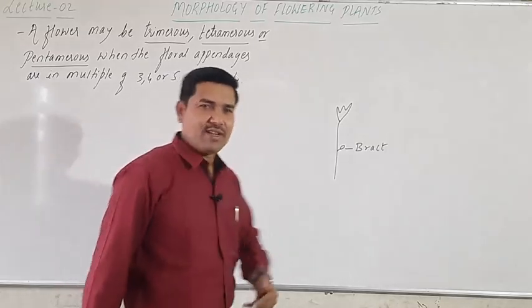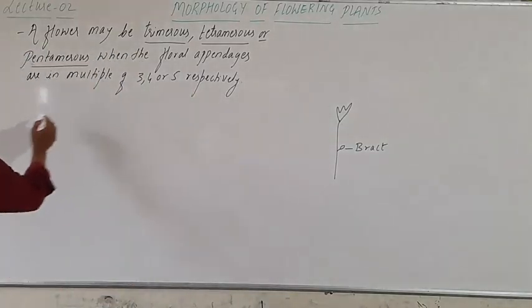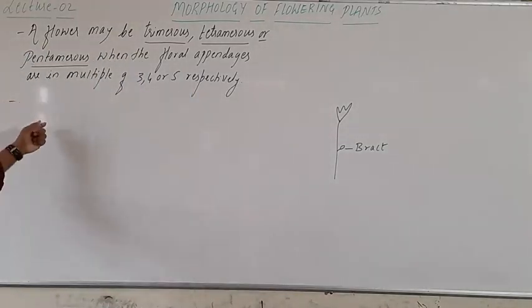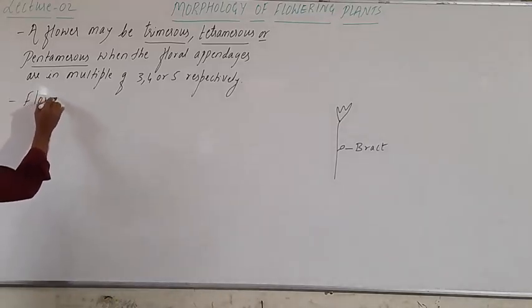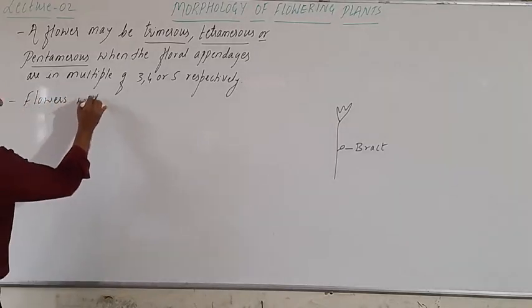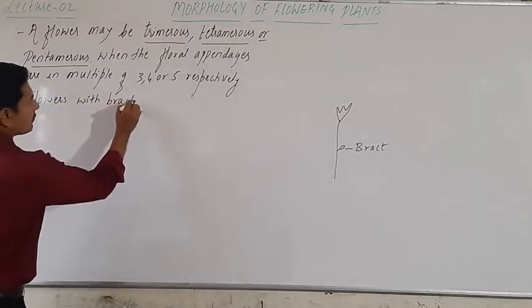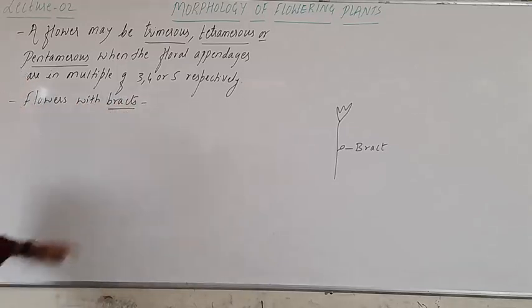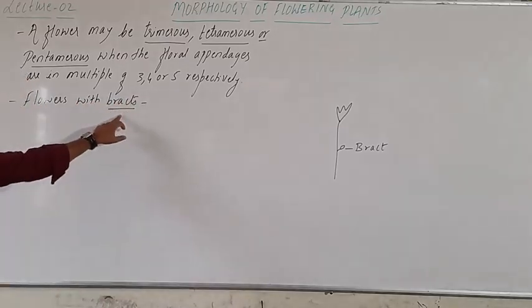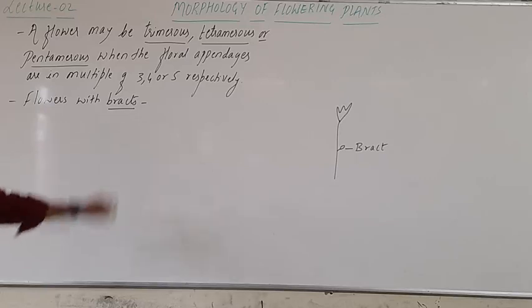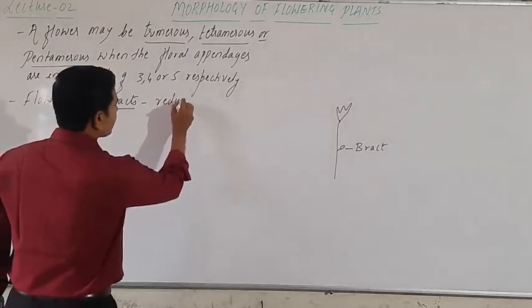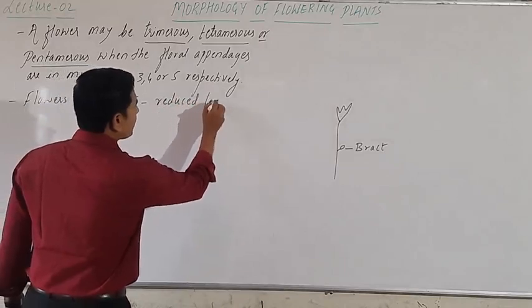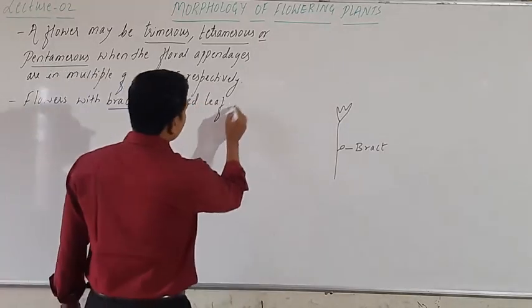Okay, so let's come to that point. Okay, so we are going into the next point. The next point is flowers with bracts. Flowers with bracts. So here what is bract? Bract means a reduced leaf. Reduced leaf